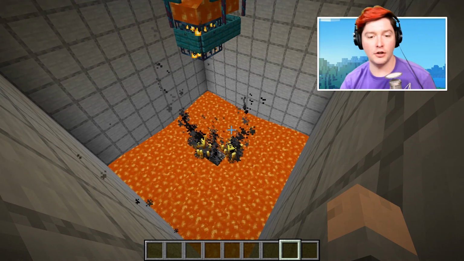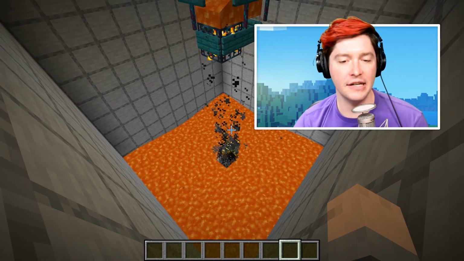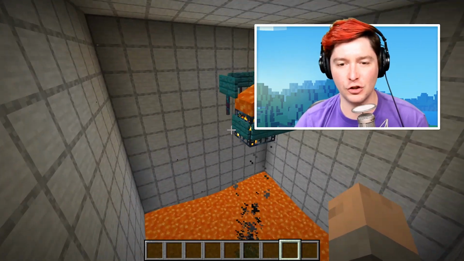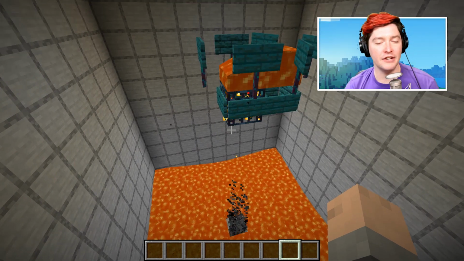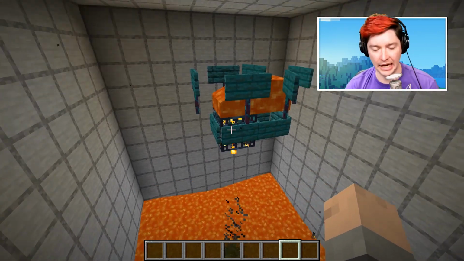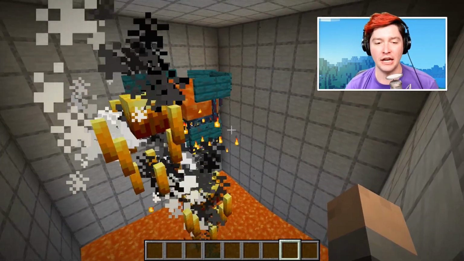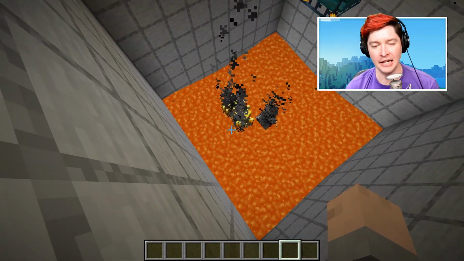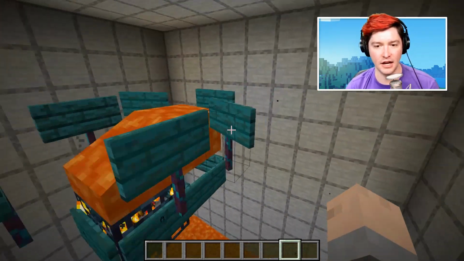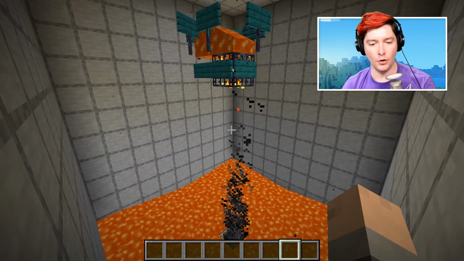You may be thinking to yourself, but Chad, blazes fly. How is it that you're able to make sure that the blazes will always fall whenever they are spawned? Blazes only fly if they see a player. So if there isn't a player for them to look at, they'll actually always fall down and always sink, basically. We can use that as long as they're not able to actually lock onto a player,